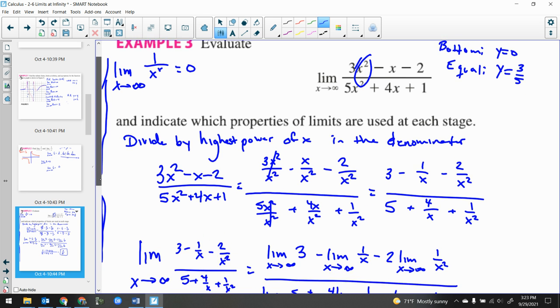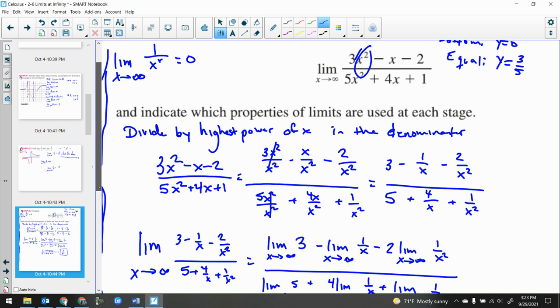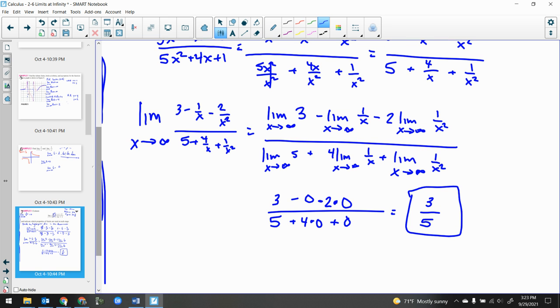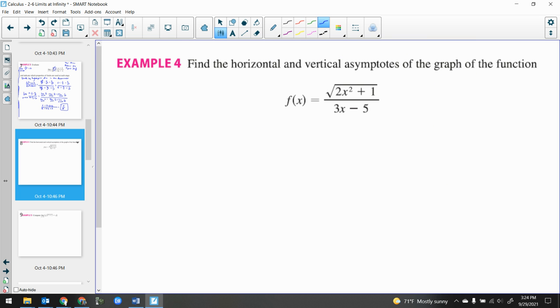Interesting. So we're using the idea of limits to verify that trick. The limit as x goes to infinity of all of this stuff is 3/5. Back then, we couldn't understand the reasoning behind it because we didn't know the idea of limits. Now that we know limits, we can calculate all of this and say definitively, yes, it is 3/5. All right, let's make this one our last one here.